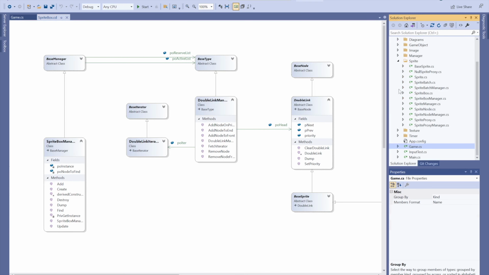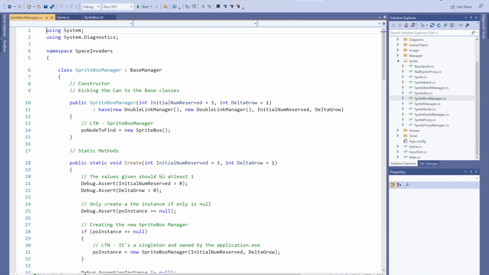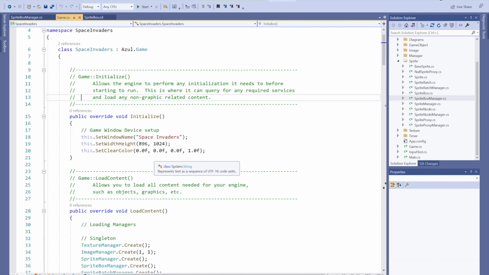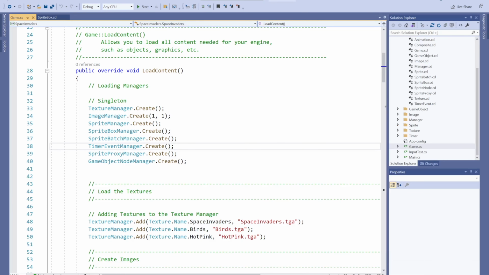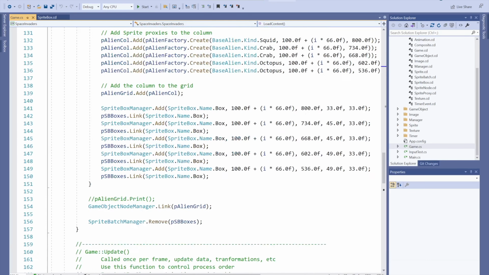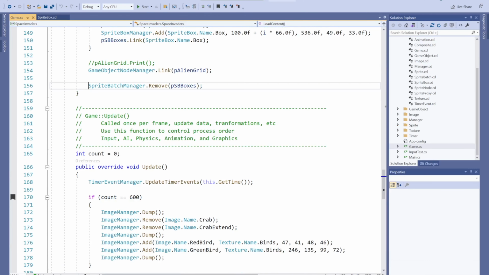When I open the sprite box manager, we can see there is a static method, which means it's a global instance and we are able to access this instance anywhere in our program. So when I go back to game.cs, here I'm creating this instance by just using the class name itself. To actually see the sprite boxes, I'm going to uncomment this. I am going to comment this piece of code, and when I save and run,